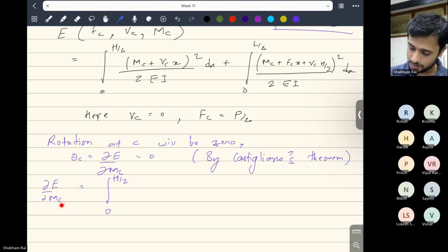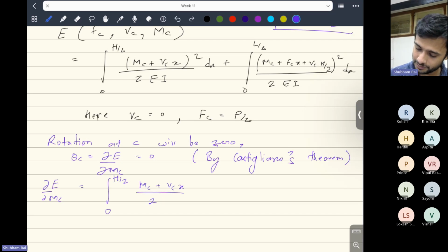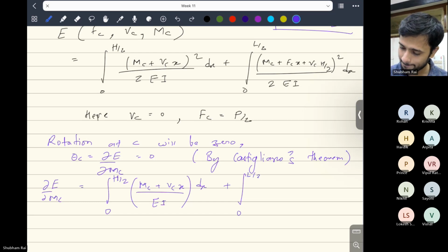Anyway, you can directly differentiate. So if you differentiate, what will you get? You will get MC plus VC into x over EI, the 2 will get cancelled, and dx, and differentiation of MC with respect to MC will be 1, and then this part 0 to L by 2, right? And if you differentiate now, you will get MC plus FC x plus VC into L by 2 over EI